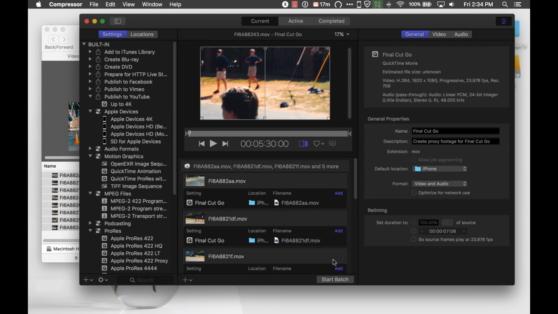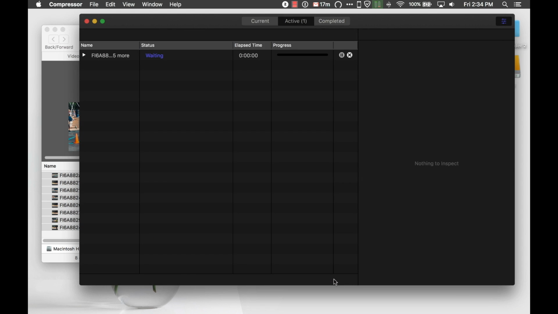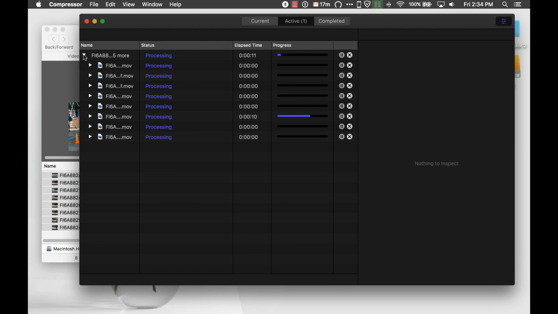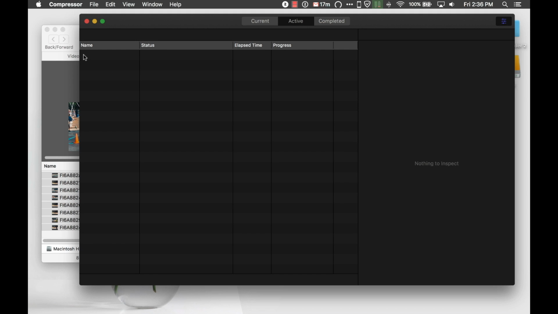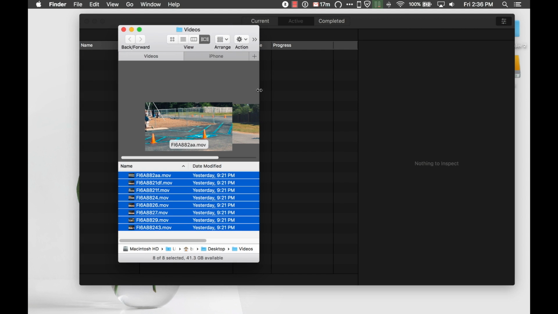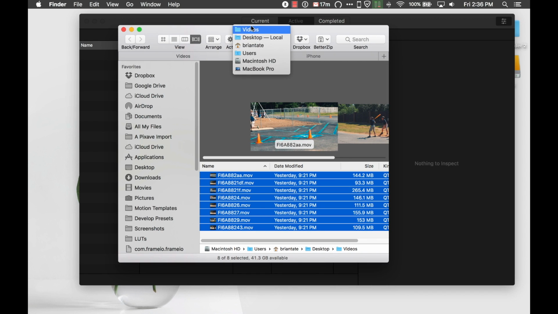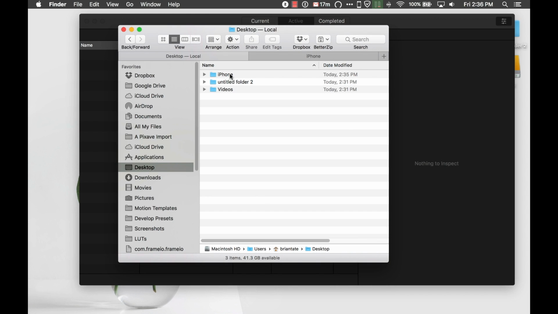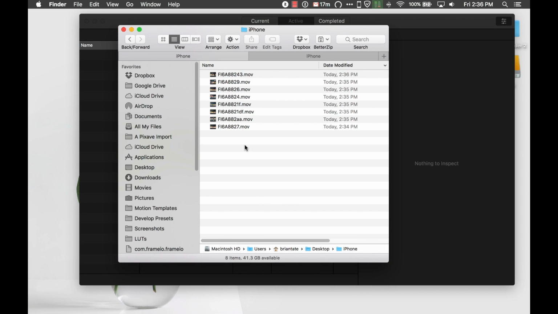So what this does is make much smaller versions of your files so that you can edit easily on your iPhone, and it creates the H.264 version that your iPhone can actually read. So once this is done, this is where the first part of the magic of Final Cut Go, what it does here, we're going to open up the output, go into Final Cut Go,